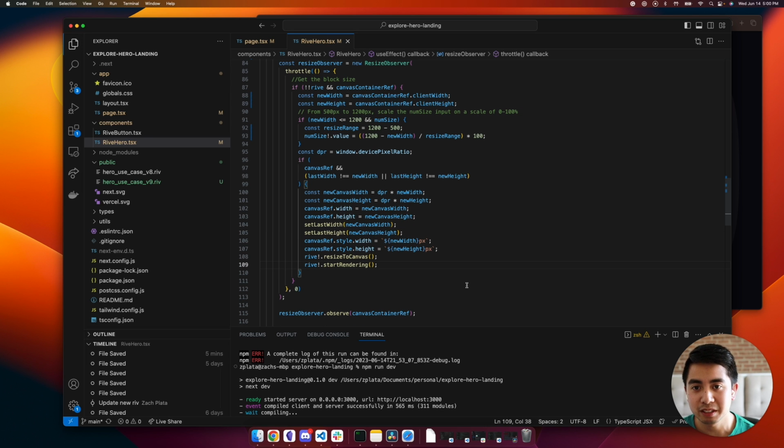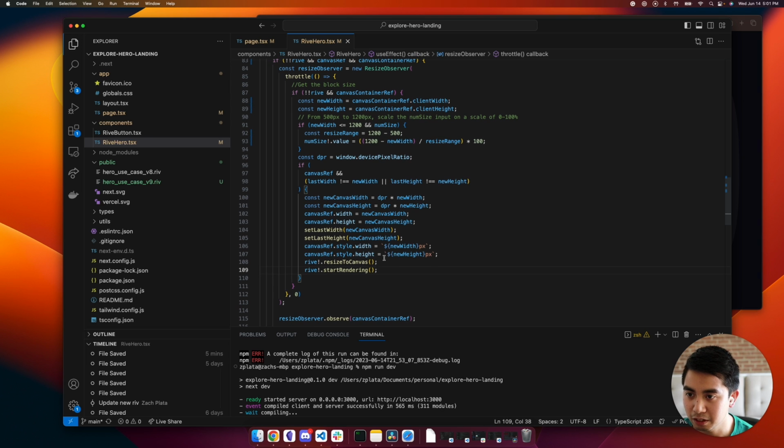And the only other thing to mention here is that we've got these two APIs that we're calling in our resize observer, which are rive.resizeToCanvas and rive.startRendering. And essentially what these two APIs are doing is syncing the Rive layout to the new dimensions of the canvas. So if the new dimensions of the canvas have changed, we want to ensure that Rive is notified that the layout has changed as well.